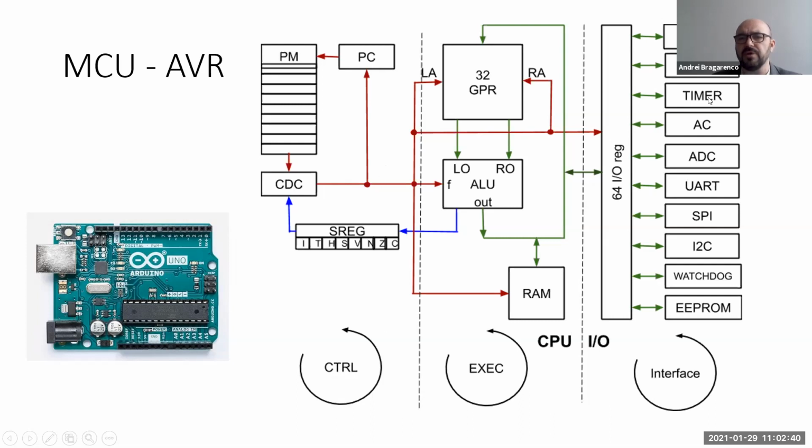The command decoder is configuring everything. And if this command is a control command like if, else, for, while, let's say abstracting, or jumping, or calling a function, or returning from a function, or an interruption, that is a command for the control